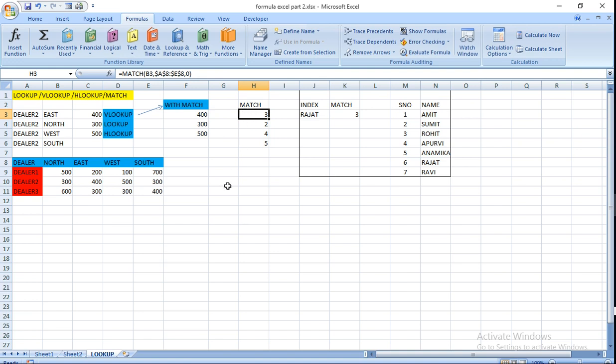Then you will get 3 in position 3. If we tell the exact position with MATCH, B3 is your East, and you have to find it in A8 to E8.